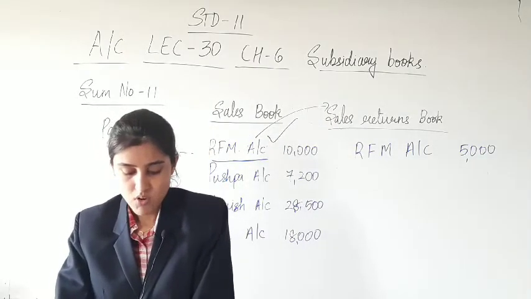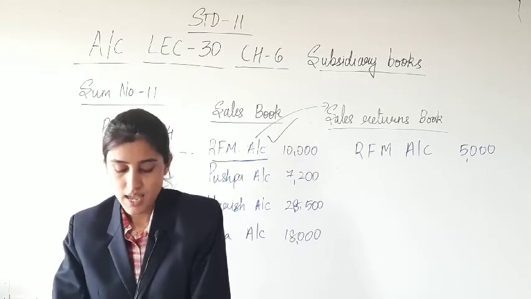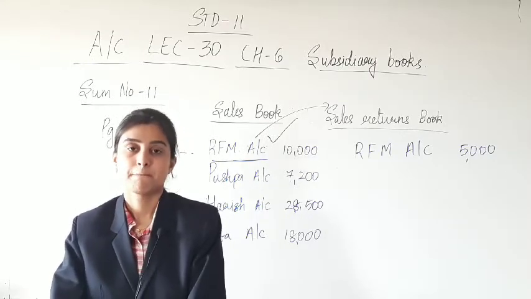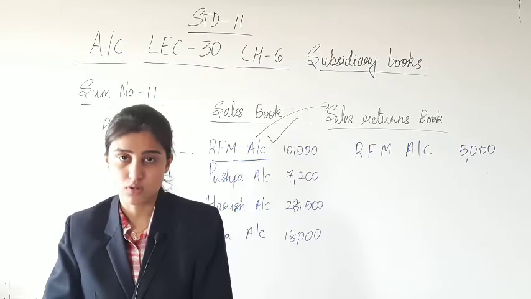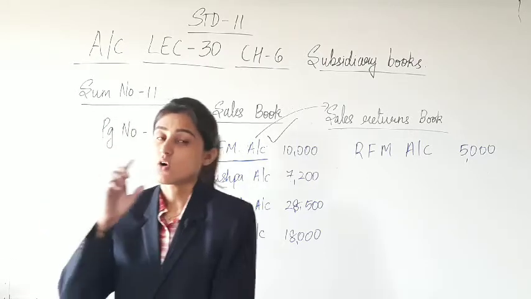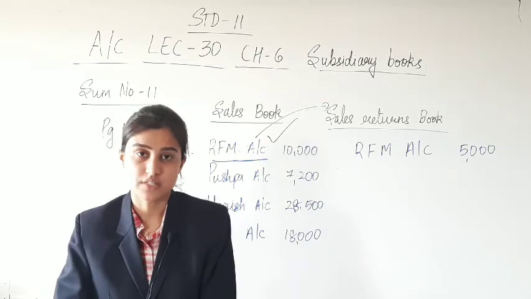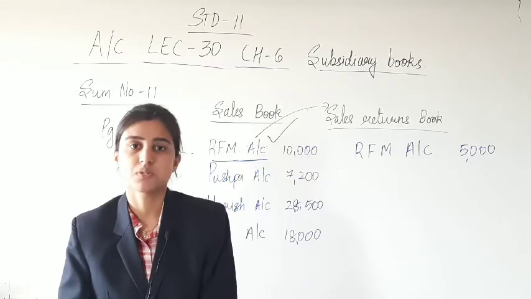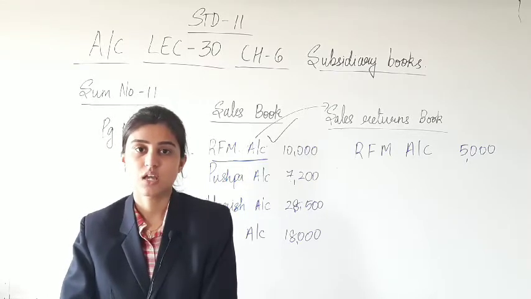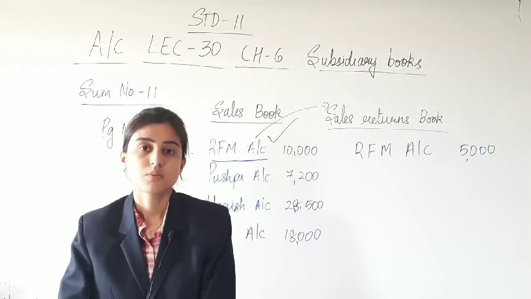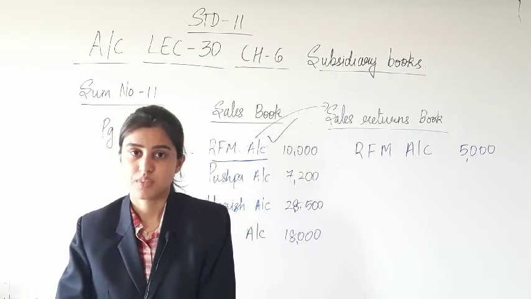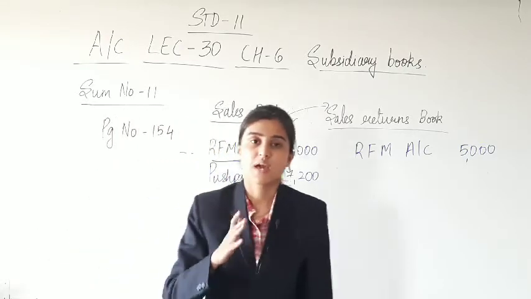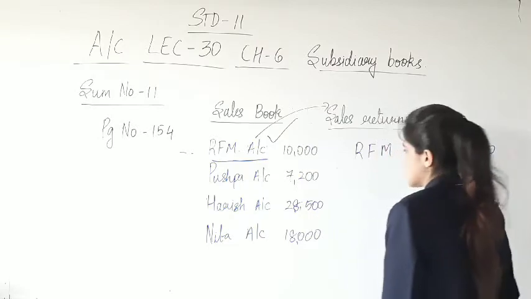Lastly, on 30th of September, an order for goods for rupees 15,000 is received from Mukesh. The order only has been received from Mukesh. Yes, the order is not actually implemented or initiated. So this is a non-financial transaction, and a note for this will be written. Non-financial transaction is not recorded in the books of accounts at all. Yes. So with this we have completed sum number 11, of course, about preparing sales book and sales returns book.